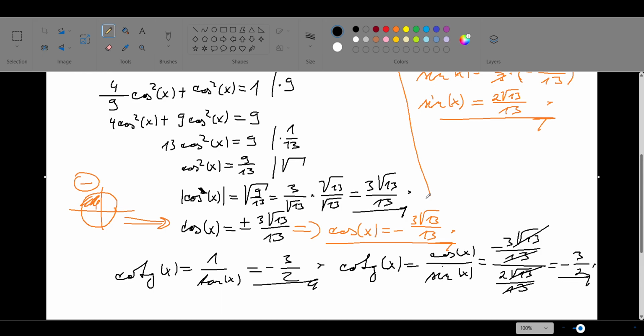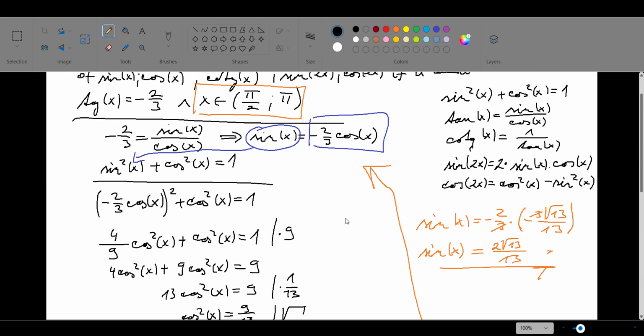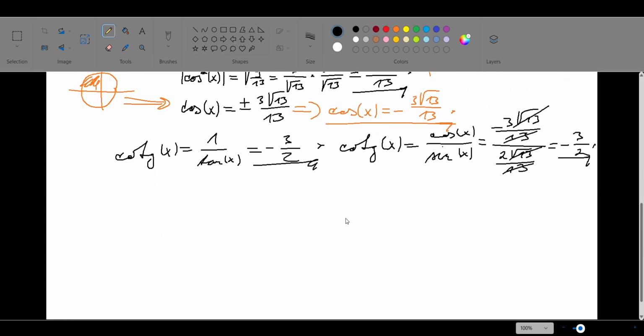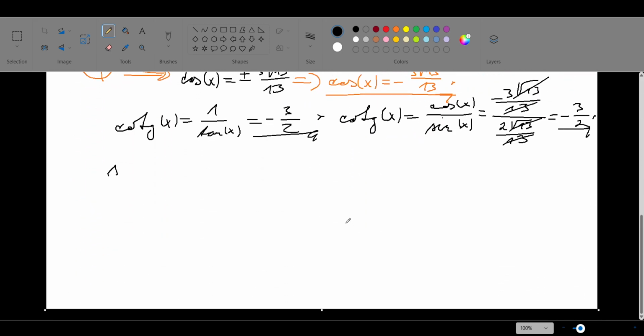Okay, but the easiest way is to just take the value of the tangent and change the numerator with the denominator, and you will get the value of the cotangent function when the value of the tangent function is given. Now let's find out what is the value of the sine of 2x, and we will use the double angle formula, which says that it is equal to 2 times sine of x times cosine of x,